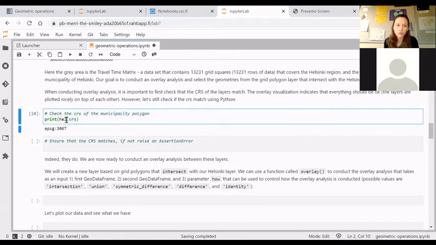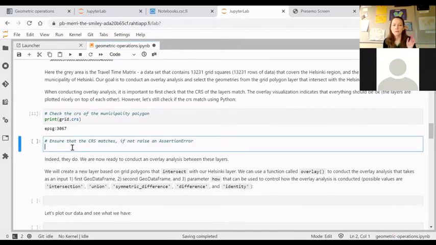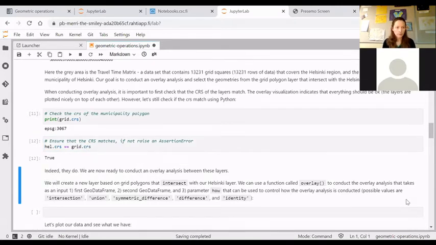We could then of course do the same for grid. Excellent, it's the same, but then to really ensure that the definition matches, like there's nothing different, we can then of course do this: hel.crs == grid.crs, a Boolean comparison. So that is true, we have a matching